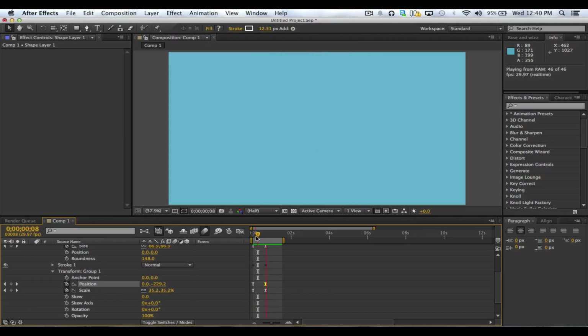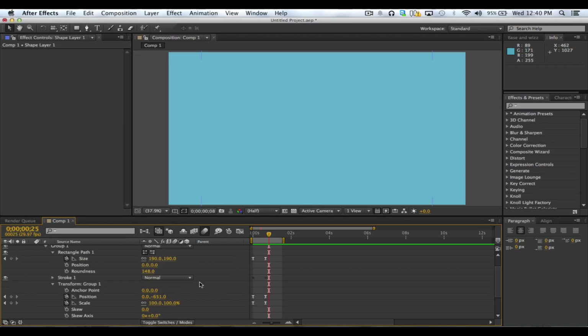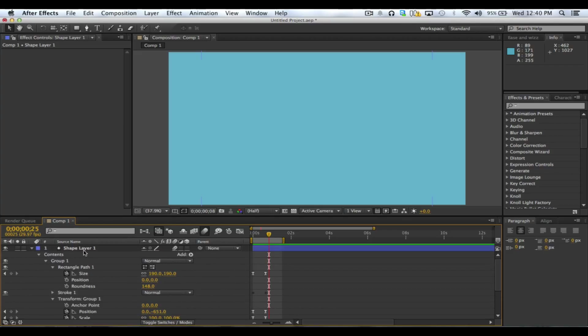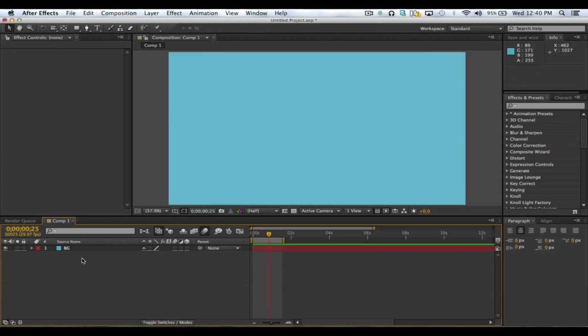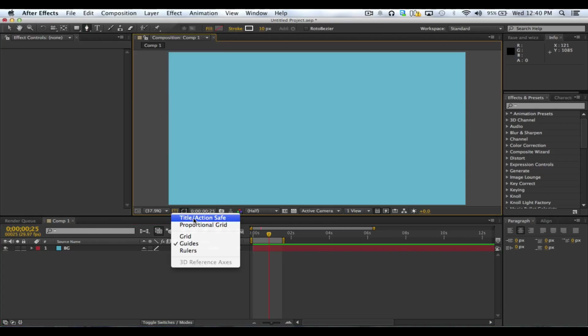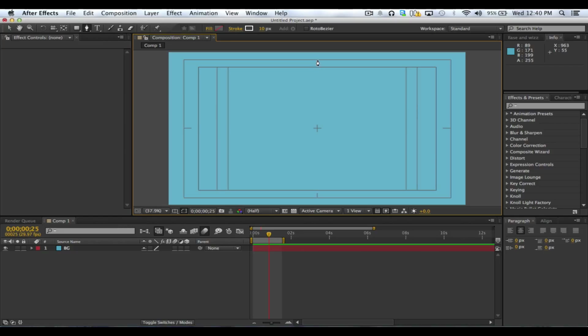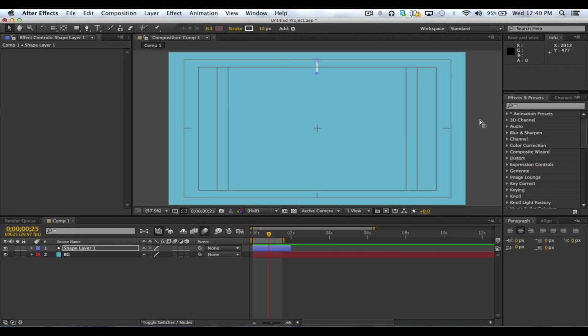Right? Kind of cool. So these are really useful for little bonus small animations to add detail to things. For instance, let's say we want to make a clock face. If I get rid of this shape layer, I'm going to use my pen tool to just draw one. I'm going to bring up my title action safe grid because I want it to be at the top here. I want my 12 hand to be at the very top. So if I go up there, click,